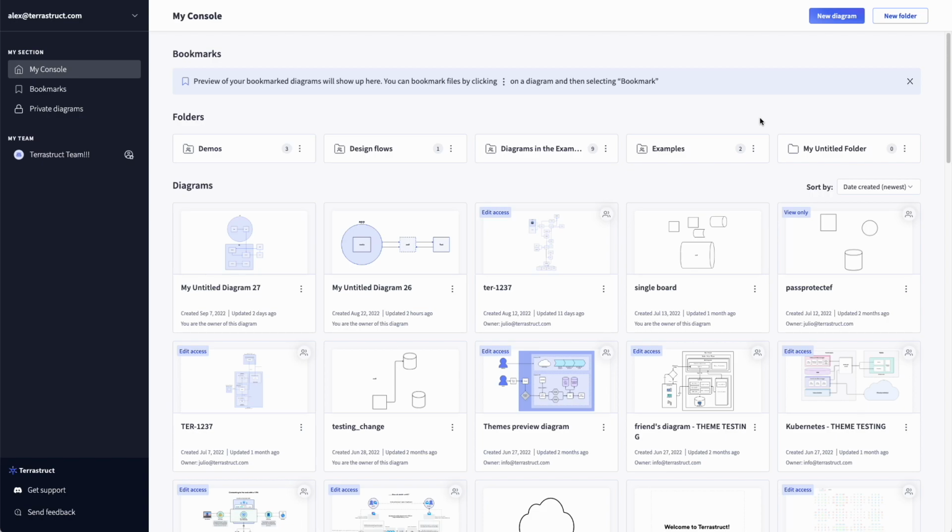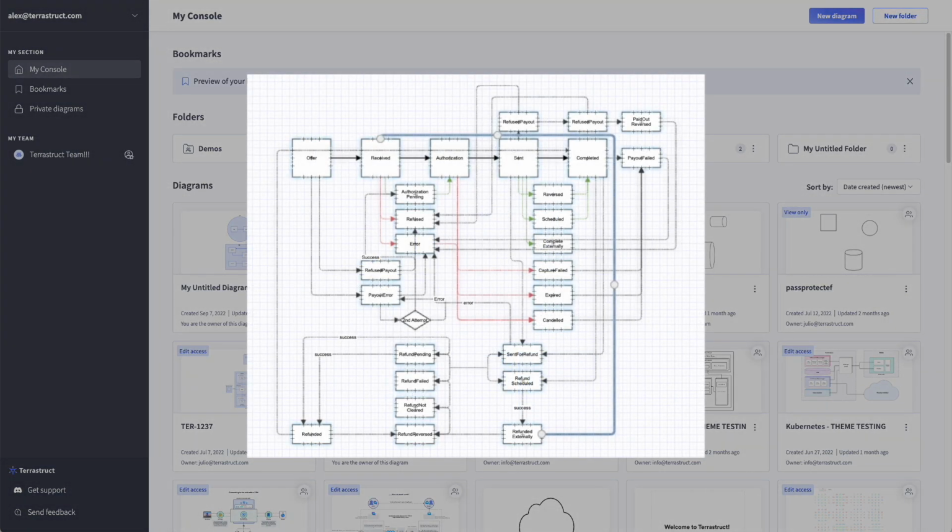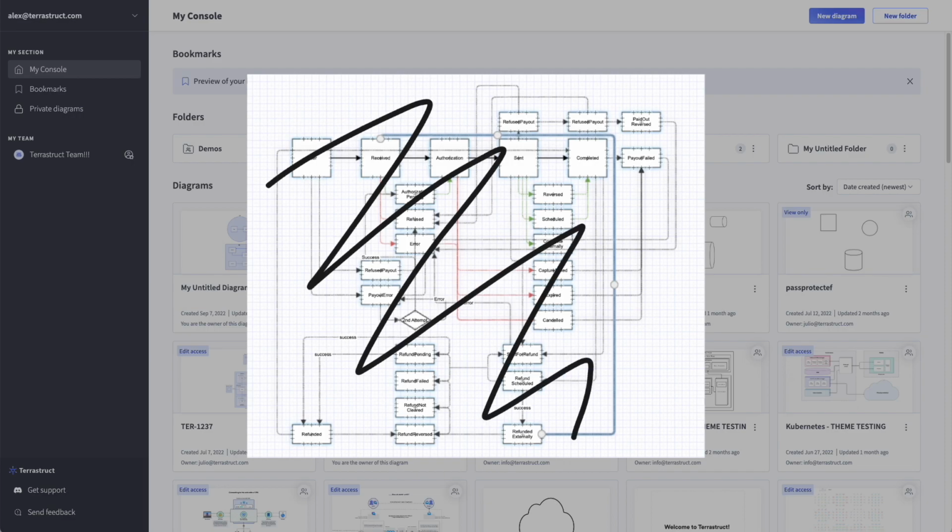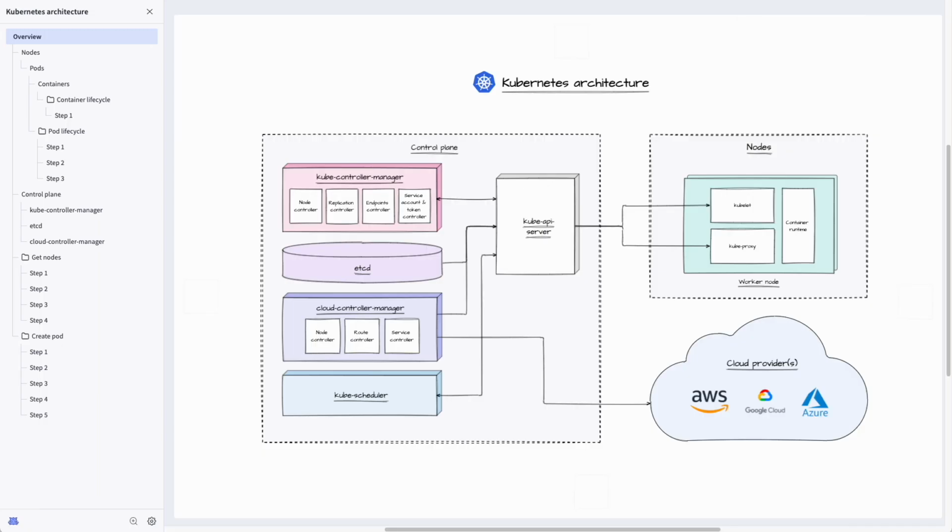TerraStruct is designed specifically for the needs of software engineers. For example, something I wanted to do but can't in other tools: split up a diagram into multiple boards. I was trying to explain to my team a complex payments flow, and when I tried to fit it all onto a single image, it turned into a mess. In TerraStruct, you can easily compose boards to explain complex software.